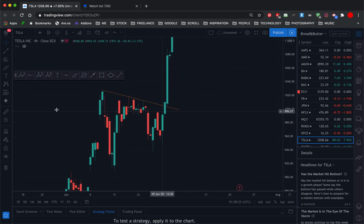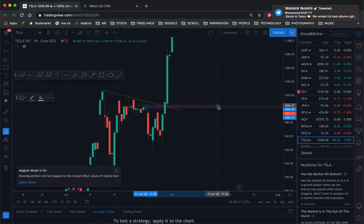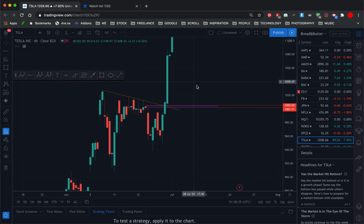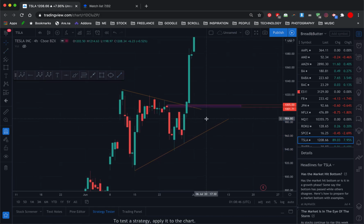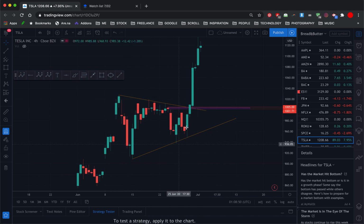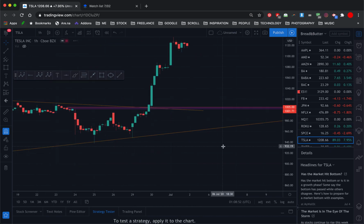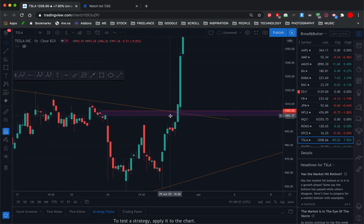So I'm on my laptop right now, so I'm moving a little slow. Right here, I'm pretty sure the top of this one is going to be that 1005 point. Yeah. So these were my two zones here to kind of get long on, and then I was also watching, I mean, this is another trend line that we can draw real quick here. So before I made this Tesla play, we were kind of within this sort of range right here. So I was really looking for, obviously, a breakout of this area and the trend line, and for us to